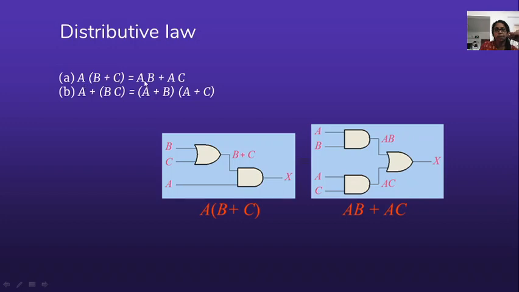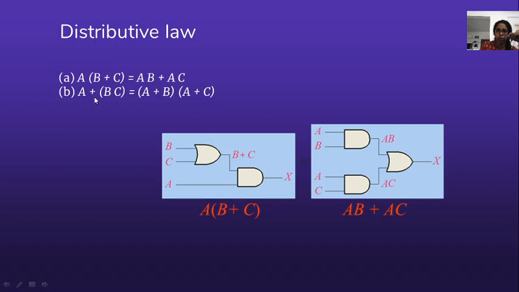Again we require one AND gate, and AC another AND gate, and together we are giving to an OR gate. That X is the output here for the picture. So you can see this X is equal to AB or AC. Similarly, you can draw the logical circuit of the second equation. Do it yourself, try yourself. Here there will be an AND gate, an OR gate, and an AND gate. The AND gate will have inputs B, C. The OR gate will have an input A. Together you are getting this one.